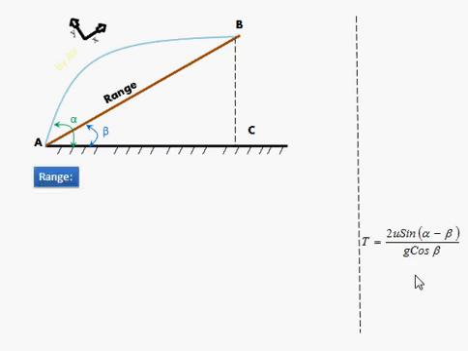Next, the range, how far the particle has moved or can be moved. In this system, the particle movement is concerned with respect to the horizontal. Hence, we are moving to this coordinate system and ignoring the coordinate system which we utilized in the previous derivation part. Okay, now considering triangle ABC.